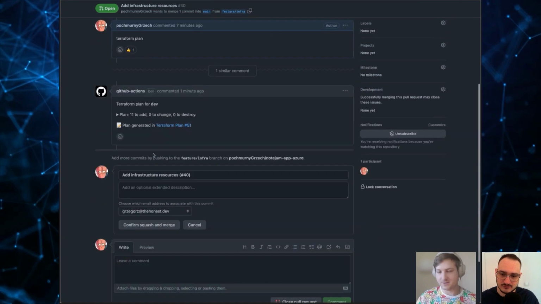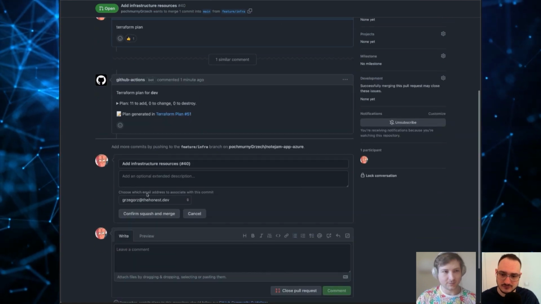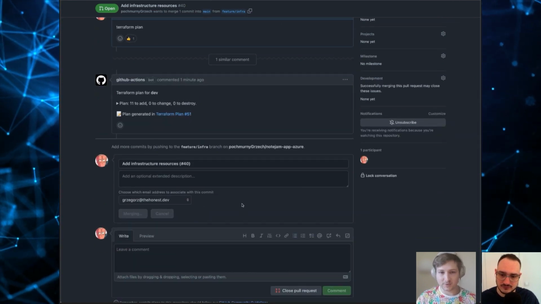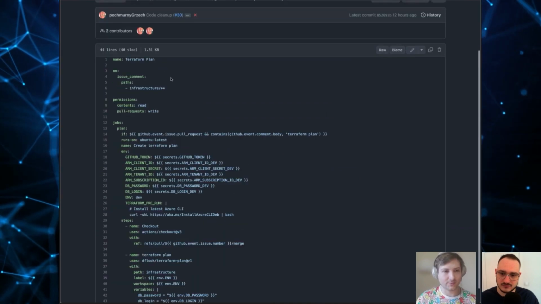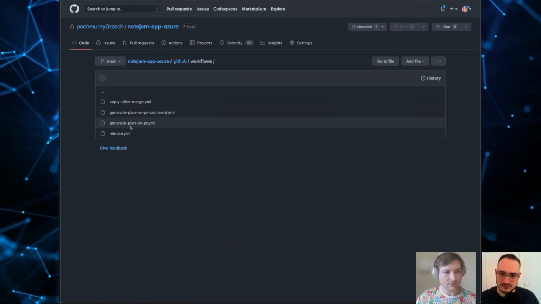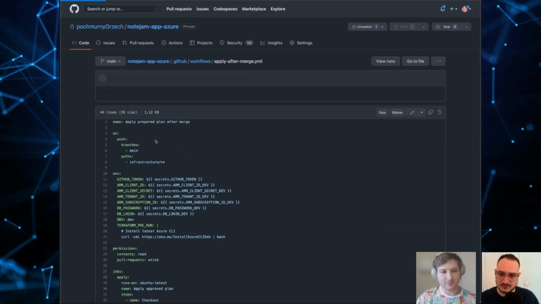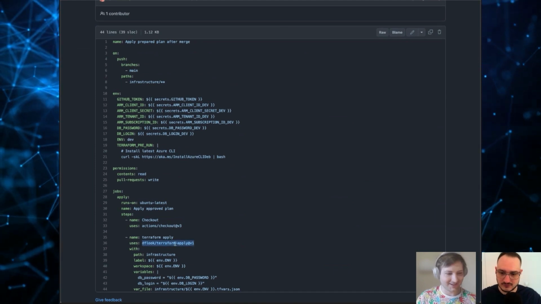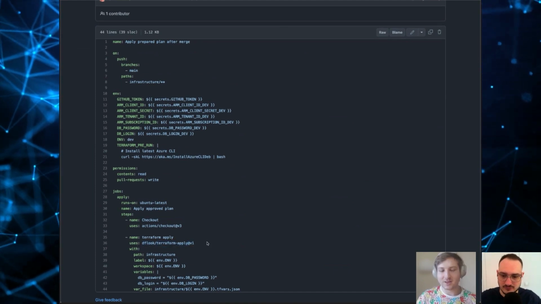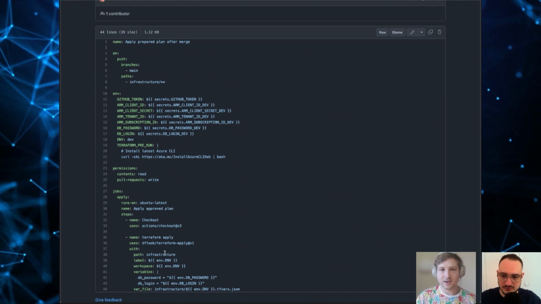So let's merge this and see what will happen. It will run another workflow from our repository, which is named apply after merge. And it's using, again, the same actions, Terraform apply. And Terraform apply